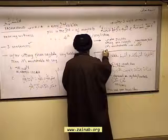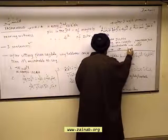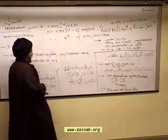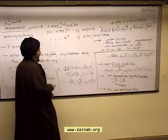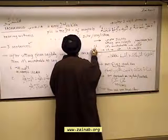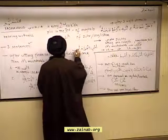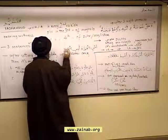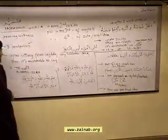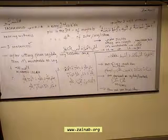And we discussed, for those of you who remember, that the right foot is the mazhar and reflection of haqq and Islam, and the left foot is the mazhar and reflection of batil and falsehood. Okay? So when we put the right foot over the left, what we are trying to say to Allah subhanahu wa ta'ala is Allahumma ahyi al-haqqa wa amitil batila. Oh my Lord, give life to the righteousness and haqq and truth, and kill the falsehood, batil. So putting the right over the left represents that we are asking Allah to give life to the righteousness and haqq and give death to the falsehood and batil,